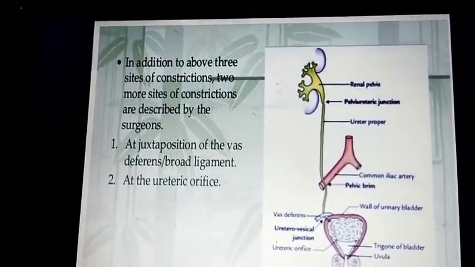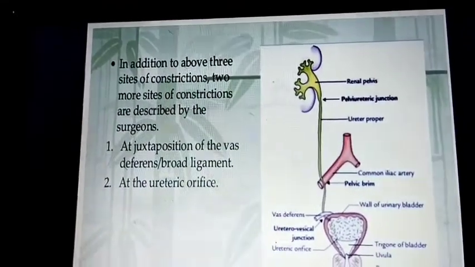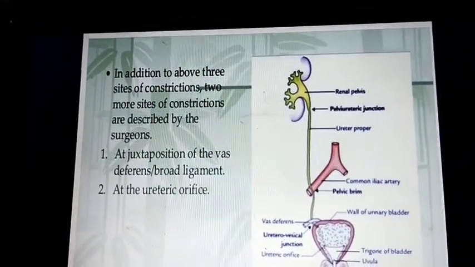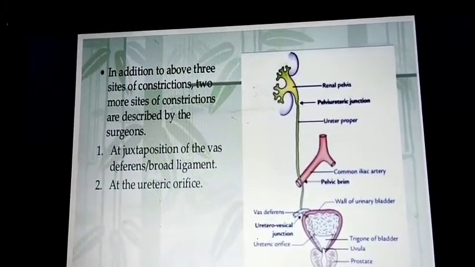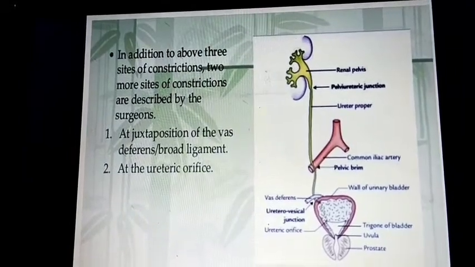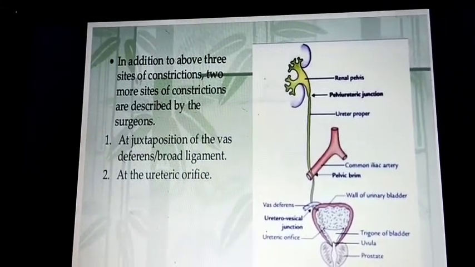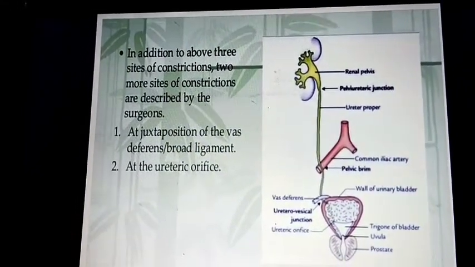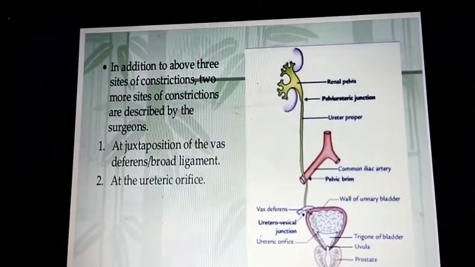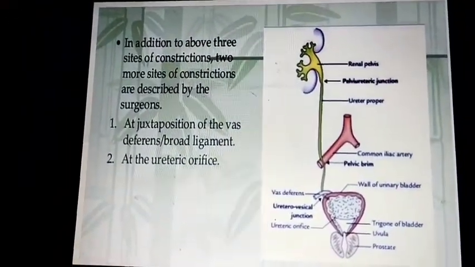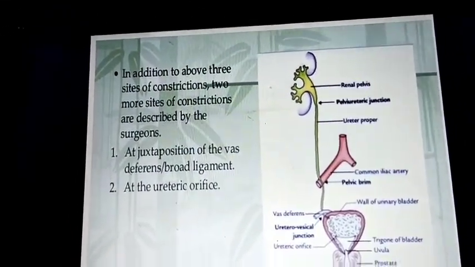One is the PU junction, and the UV junction, with the pelvic brim in the middle, where the abdominal ureter and pelvic ureter join. The lengths of the abdominal ureter and the pelvic ureter are almost the same, mostly 12 to 15 centimeters. In addition to the above 3 sites of constriction, 2 more are described